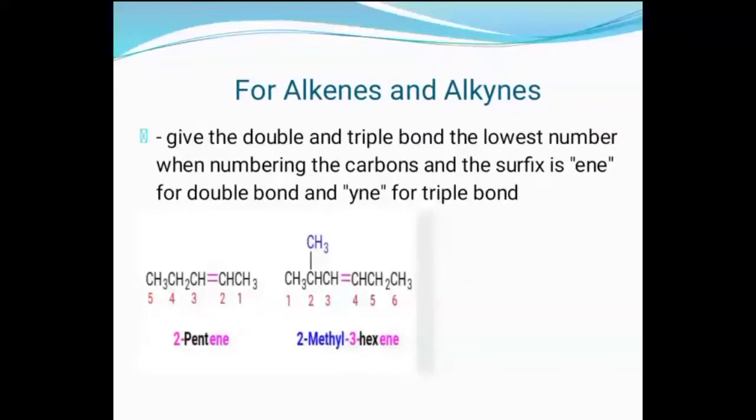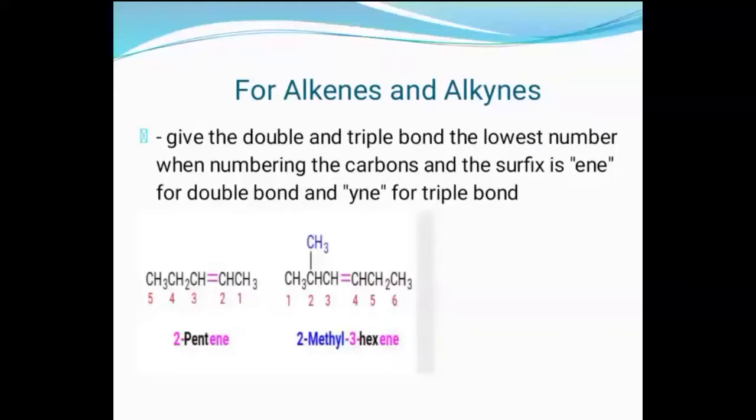Then look at the second structure there. It is still an alkene group. Now we number, given the alkene, the lowest possible number. If you look at the compound, you see that we have 6 carbons here. The alkene is in the middle. Because the alkene is in the middle and it has an attachment, we also have to consider the attachment. So if we consider the attachment, we will now have 2-methyl, that is, the attachment is on the carbon number 2, 3-hexene. The 3 is to tell that the double bond, which is the functional group, is on